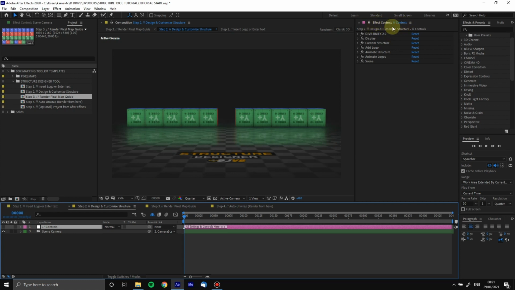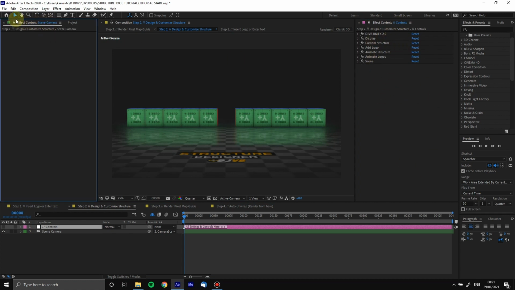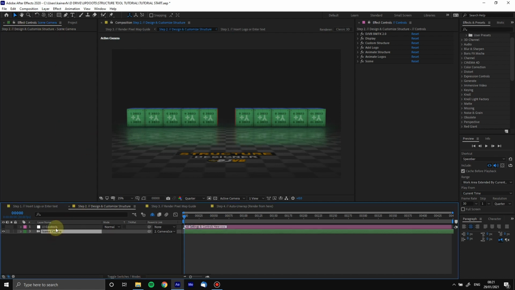Now, what I've done is I've padlocked it here, and then if you click on the blue text that says controls and go a new effect controls viewer, it will give you 2 of these whole windows. It will give you another one, and I've just put mine here. This one's not locked, okay? So what it means is if you click stuff that has controls on it, you can see them here, but